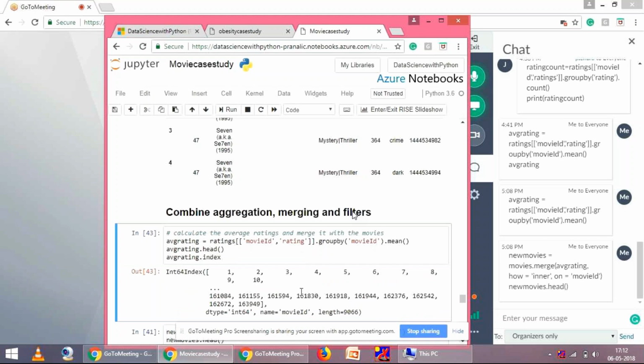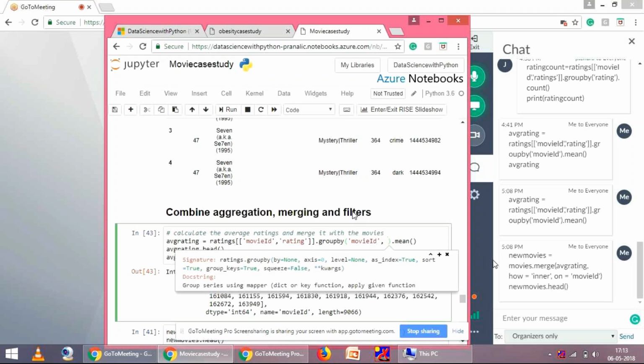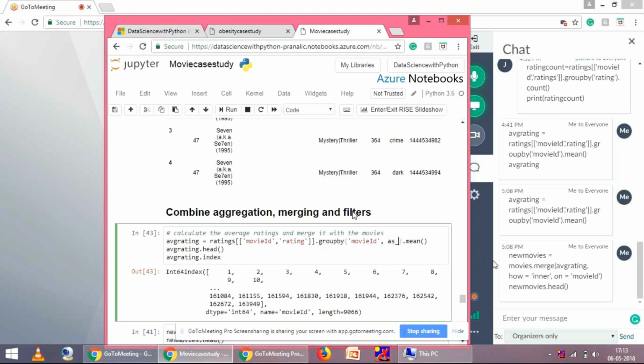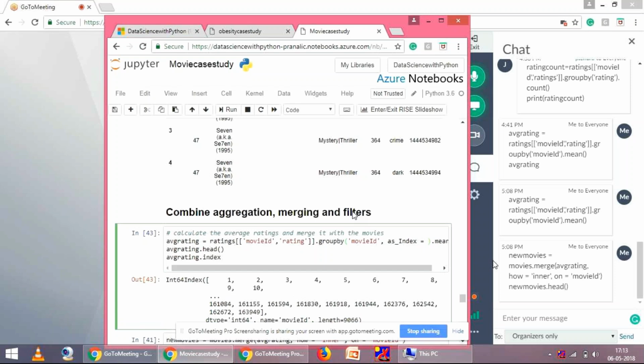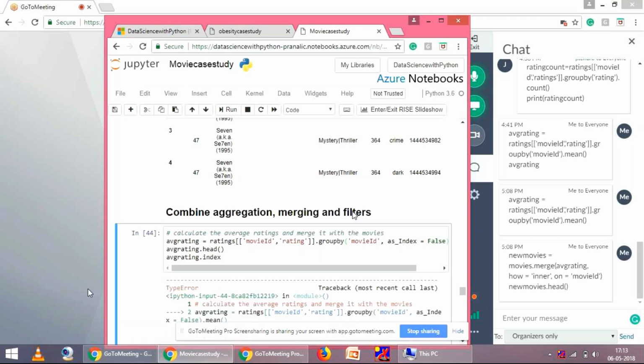ग्रुप बाय में ना प्रणाली एक और आर्ग्यूमेंट होता है, एज इंडेक्स। कॉमा, एज इंडेक्स फॉल्स कर दो। शिफ्ट टैब दबाओगे तो आ जाएगा। शिफ्ट टैब दबाओ एक बार। एज अंडरस्कोर इंडेक्स, उसको फॉल्स कर दो। तो आई कैपिटल है कि स्मॉल है, एक बार देख लो। Small आई over. स्मॉल है, वो आई स्मॉल है।